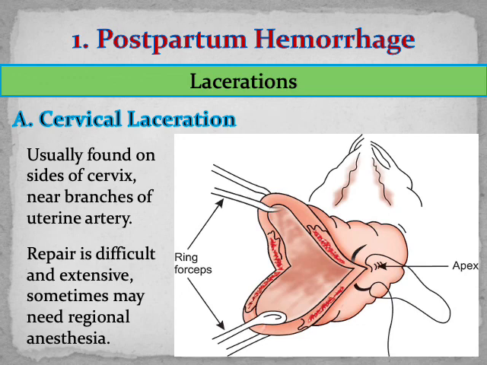Cervical laceration is usually found on the sides of the cervix. It's very near the branches of the uterine artery. If an artery is torn, there are blood gushes that are bright red than venous blood in uterine atony. So, mas mapapansin natin na as an early postpartum hemorrhage, yung dugo na medyo bright red ay posibleng arterial cervical laceration compared sa hindi ganun ka-bright na venous blood kapag ang cause ng early postpartum hemorrhage niya ay uterine atony.